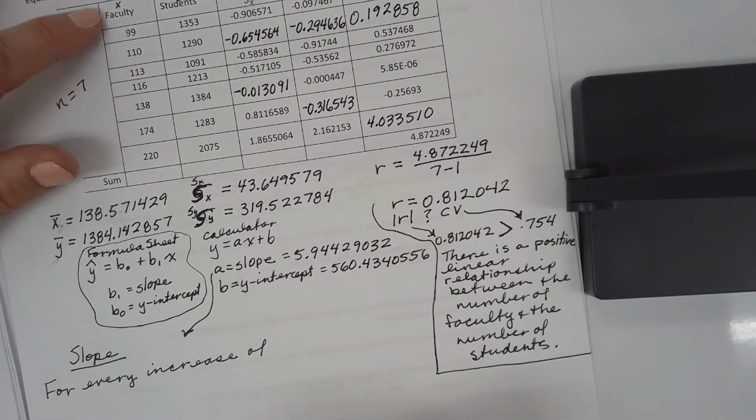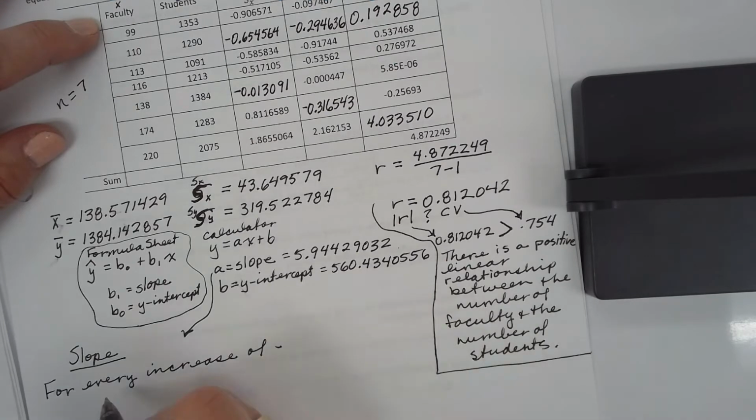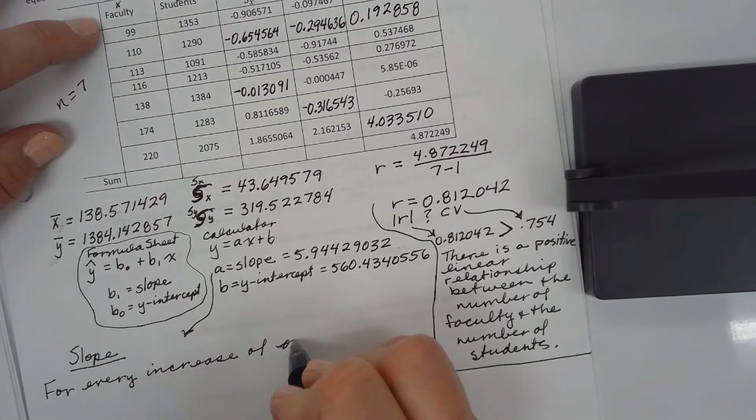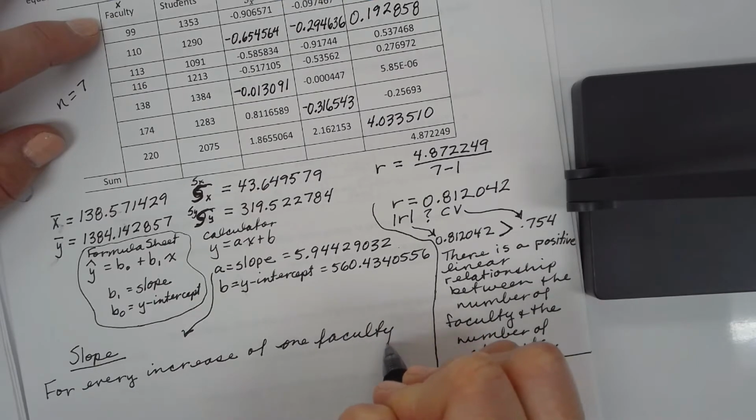So the unit of the x value is faculty, right? So it can't be a half of a faculty or anything. So it's an increase of 1 unit of the x value, so of faculties. So every increase of 1 faculty. So every time we add 1 faculty member,